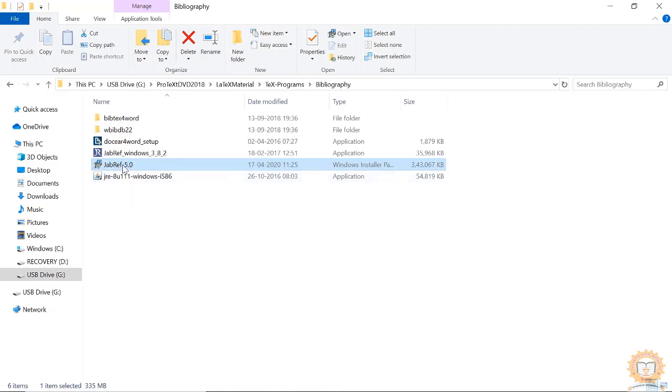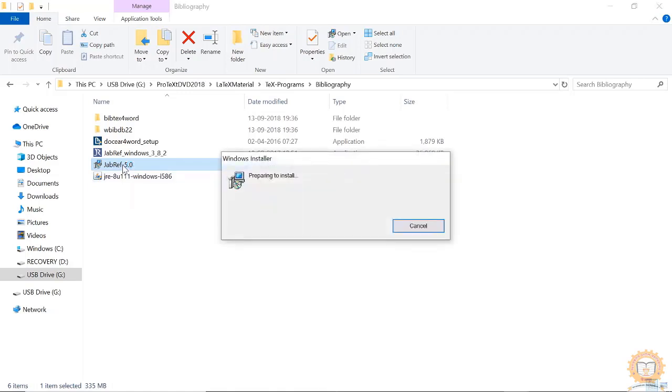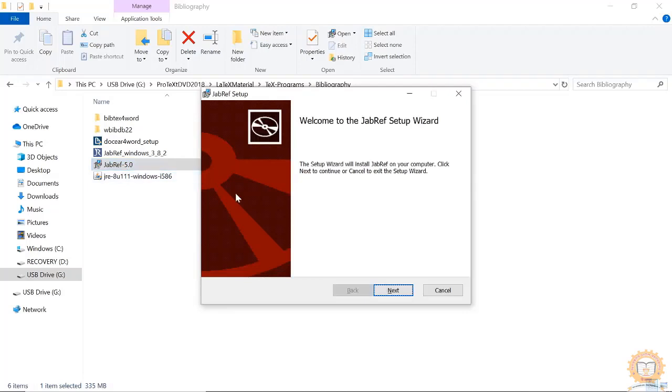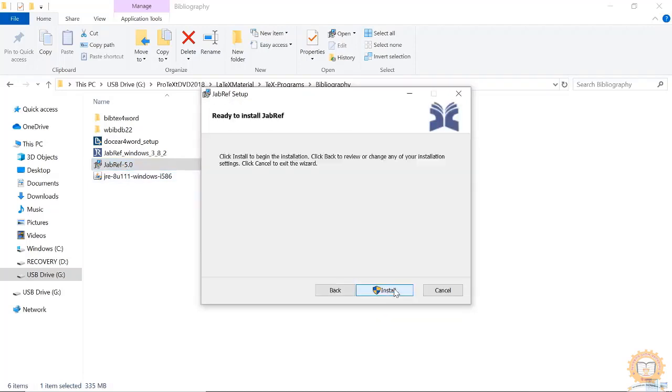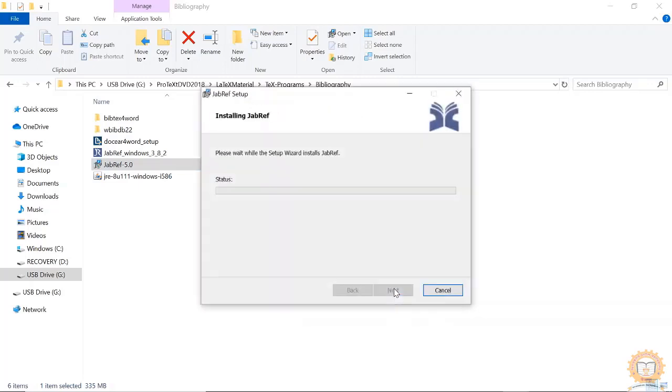Double click JabRef 5. Now click next, next, install.